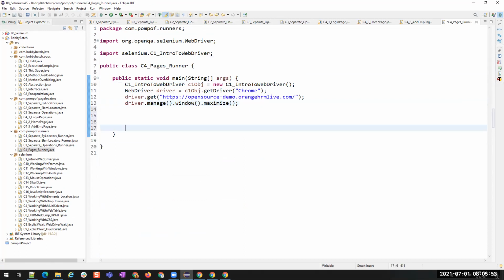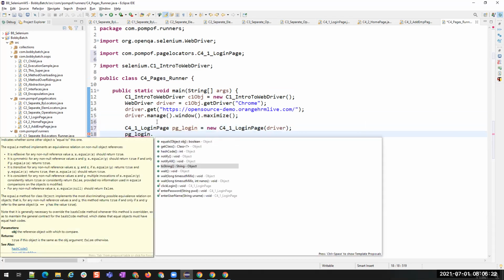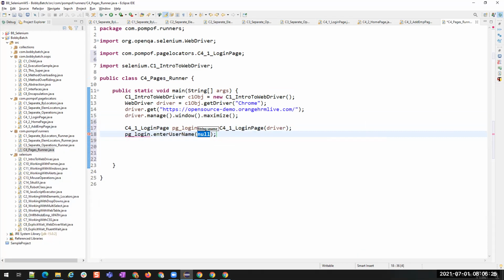Now to run the script or to call the methods from these pages, I have to create objects for each of the pages. C41_login page, I'll say pg_login is equal to new C41. Now we are passing the driver to that particular class, so I can call the methods from that object. What is the method? What is the username?